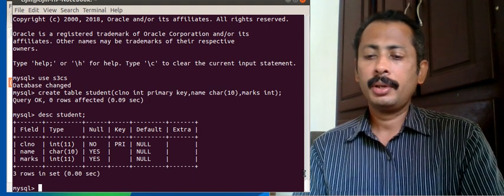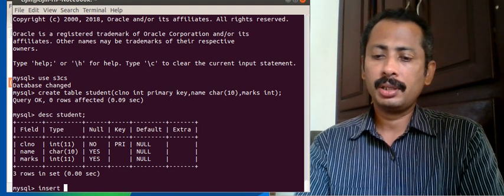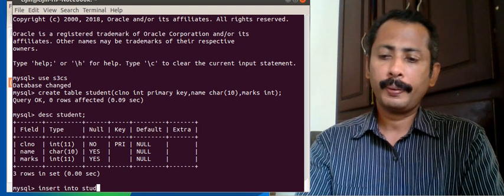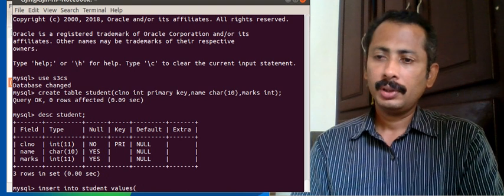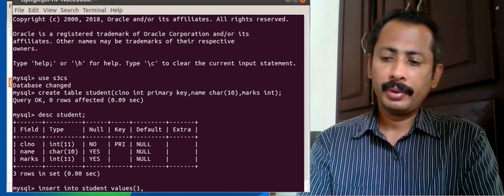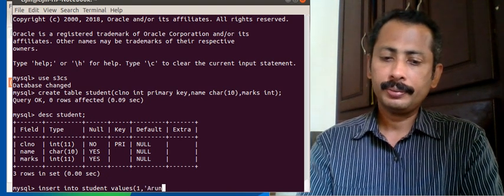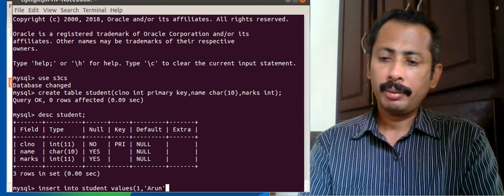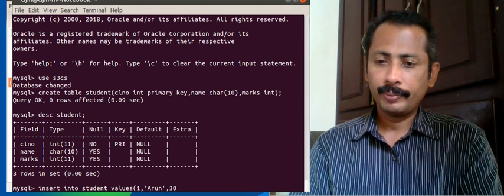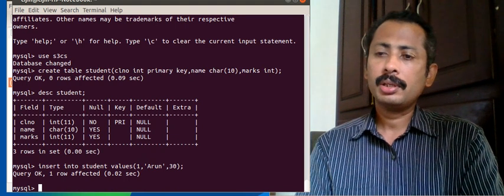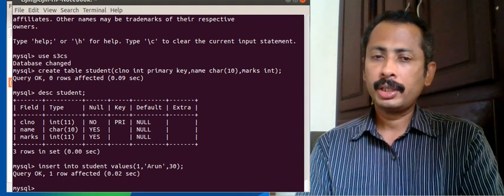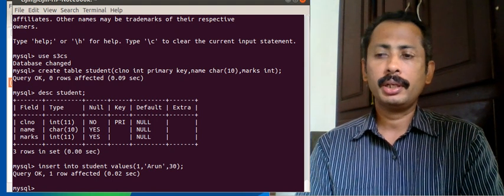Okay, so I am inserting into student values: class number is 1, name is Arun, and marks is 30. Okay, one query is executed and one row is inserted.